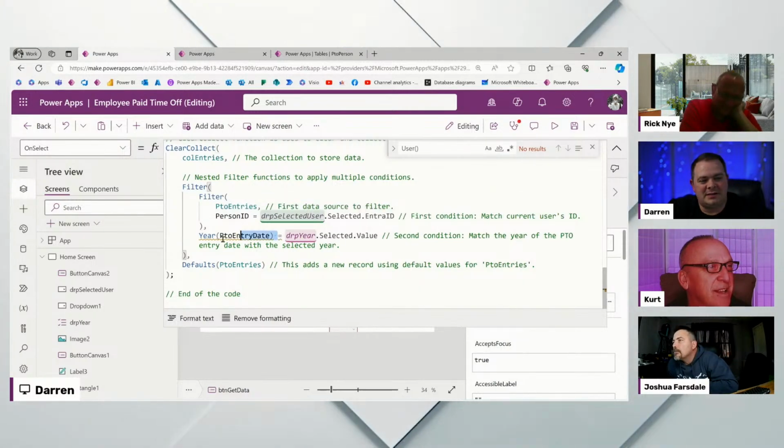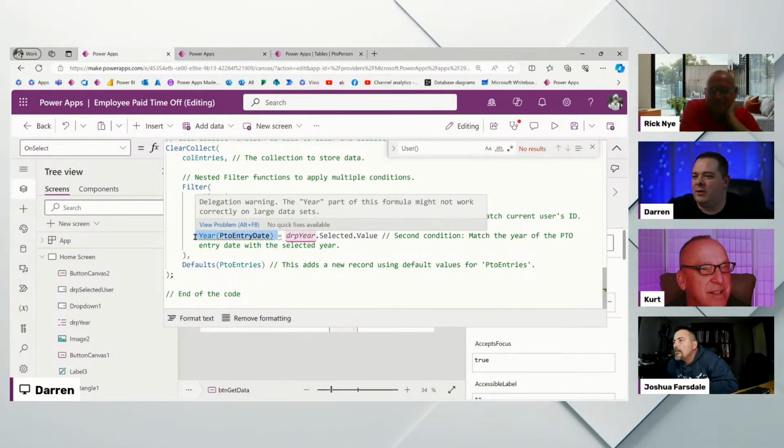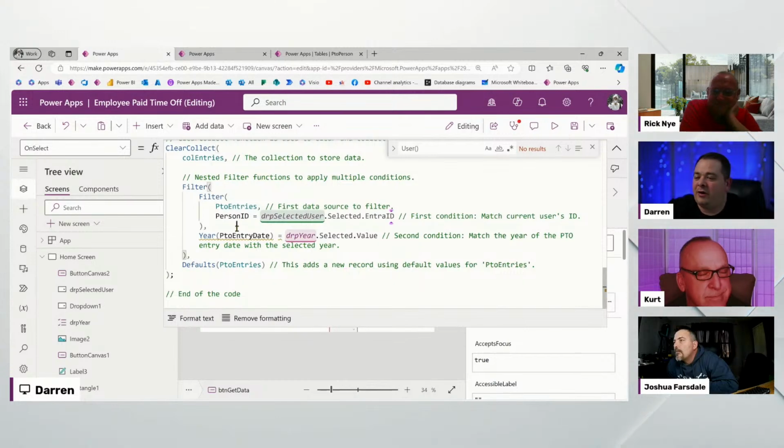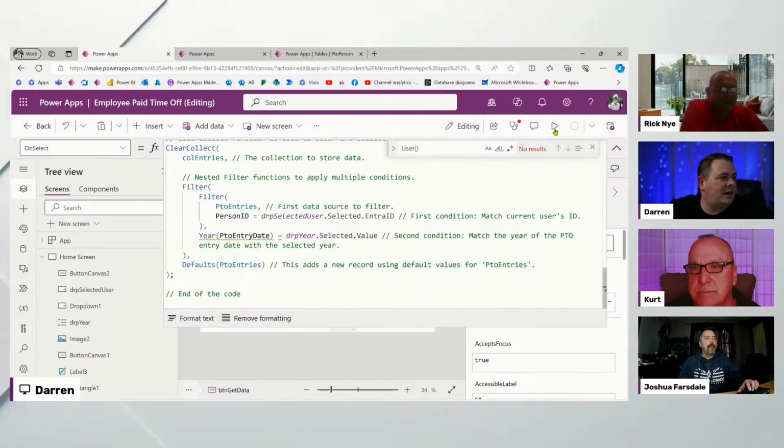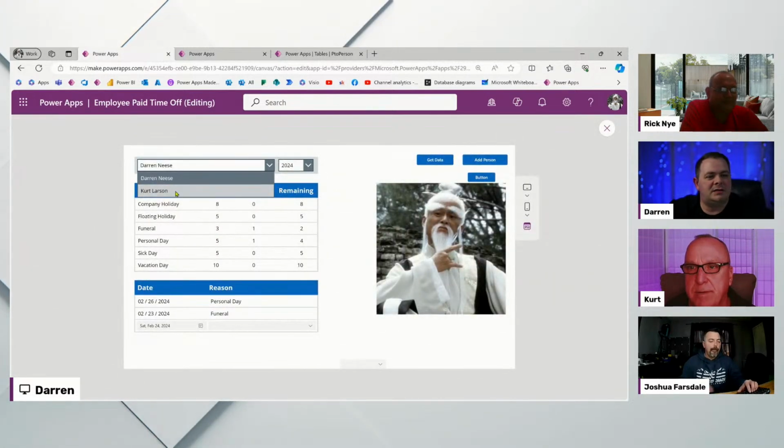Oh yeah, we talked about this yesterday. We have a delegation warning, but we don't care about it, because we're never going to have anything close to 2,000 or even 500. That's right. Okay, so now if I run this, I switch to